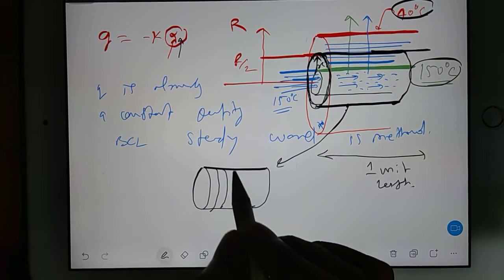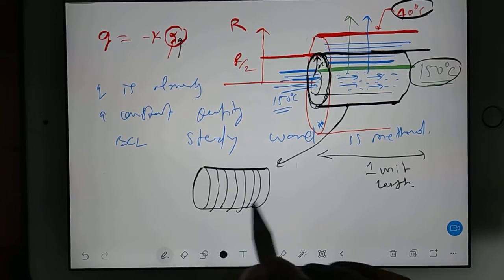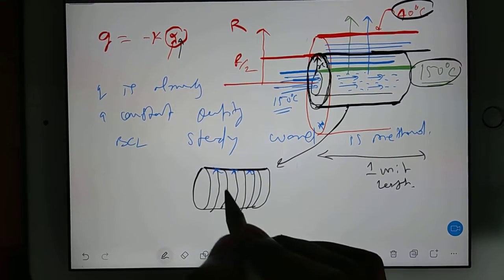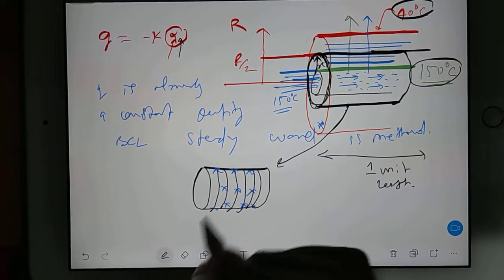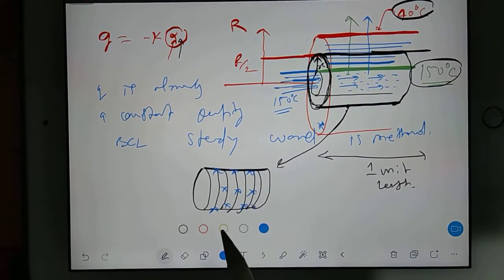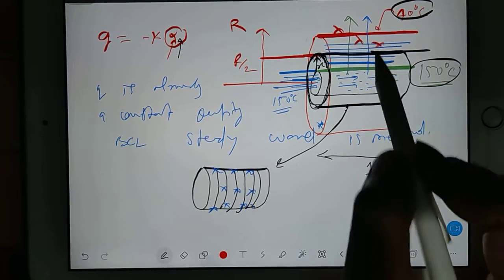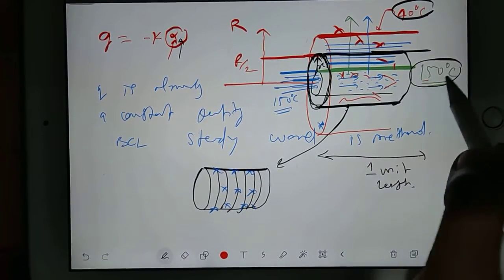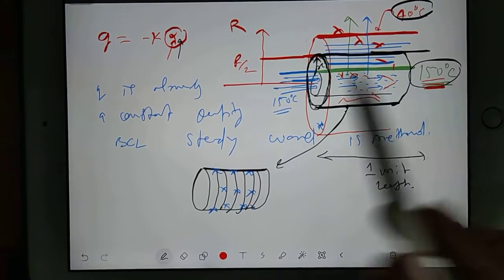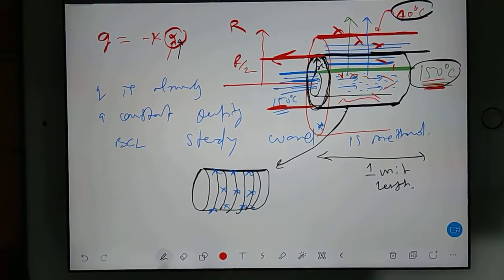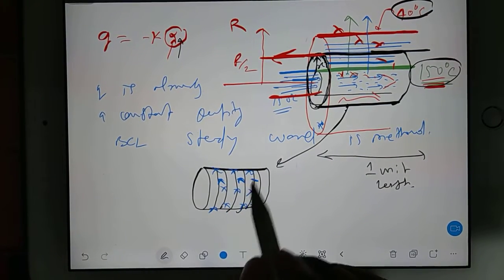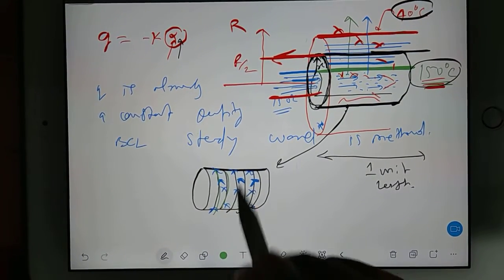From this surface, it is a curved surface. How much temperature is maintained at this surface? That we have to find, because see, outside at every point you have 40 degrees Celsius. Inside at every point you have 150 Celsius. In the same way, I am taking a cross section out. In that cross section at every point on the surface, I have to find out temperature. So that area we have to consider.